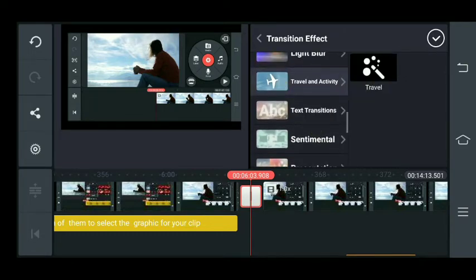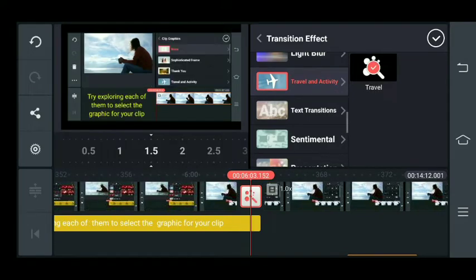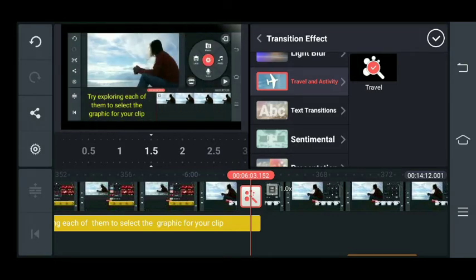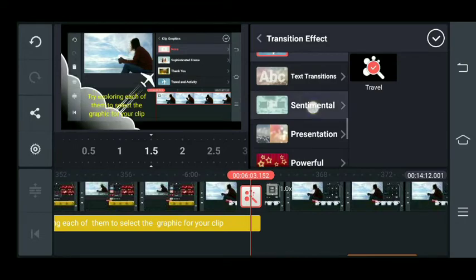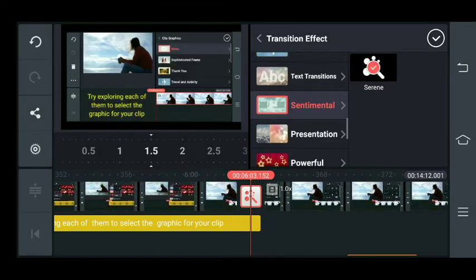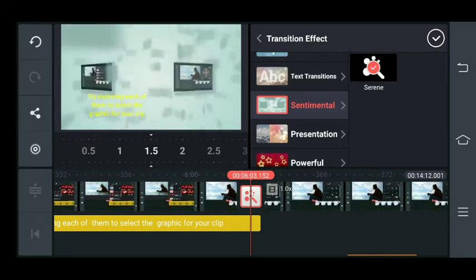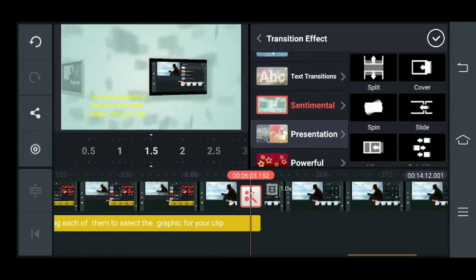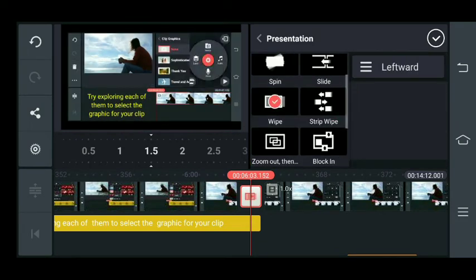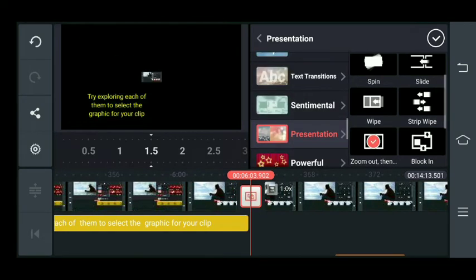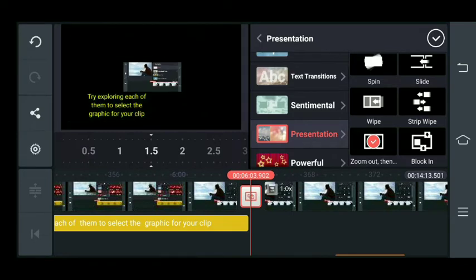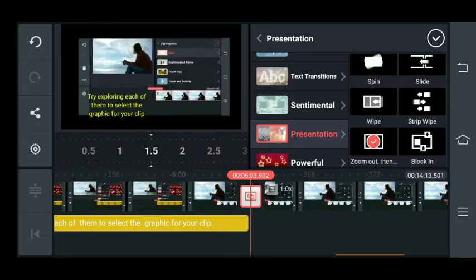Something which I like is this one. If you click on that, you will see how the slide is transitioning, right? You can see an aeroplane actually flying above your clip, right? Or if you want to try something else, like let's see this one, sentimental, it actually turns and helps you to transition from one slide to another. You have many other options, like moving from one screen to another screen. Zoom in, zoom out option is also there. This transition is applied when you are moving from one clip to another clip.